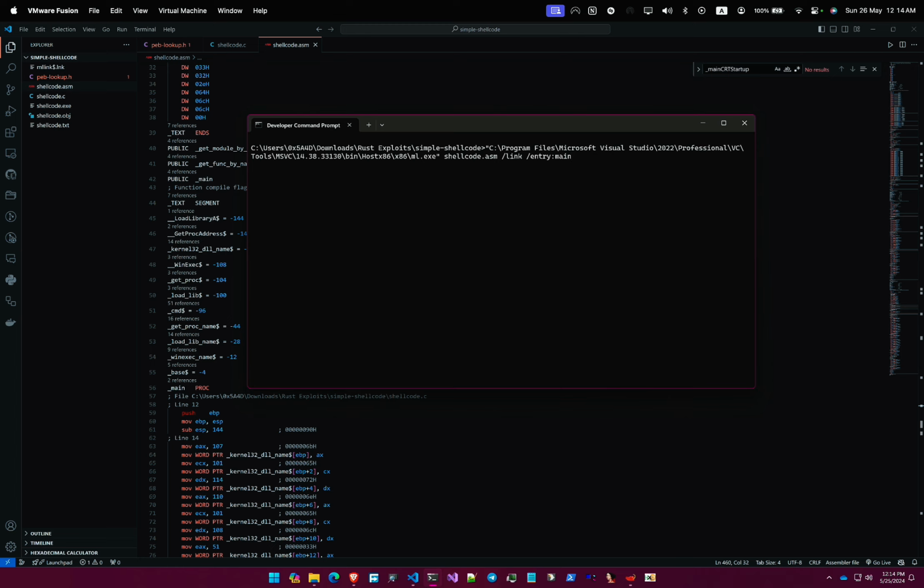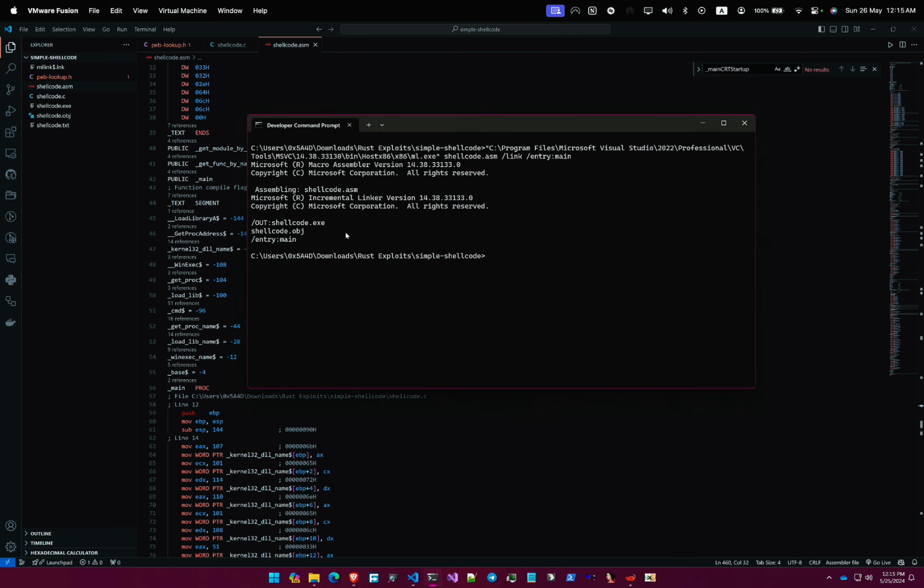Now we have changed our command a little bit. Again we are using the host x86, and now the ml.exe will be plainly named ml. It won't have any 64 with it. And the most important thing that we need to note here is that the entry point now has been changed to main. So now when you press enter, again we have our exe here, and if you check,